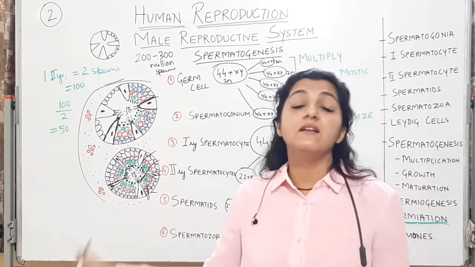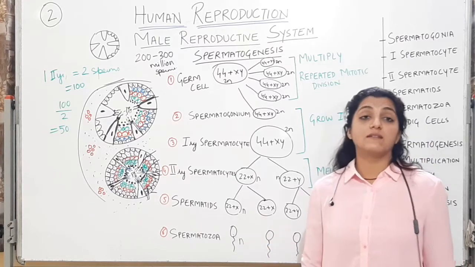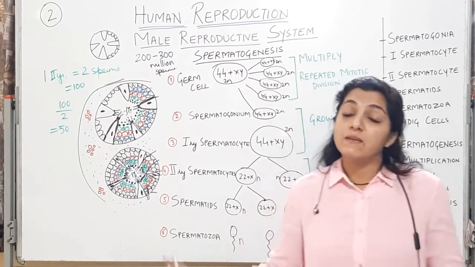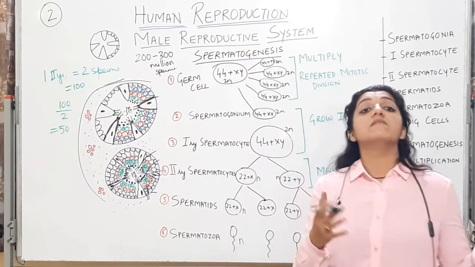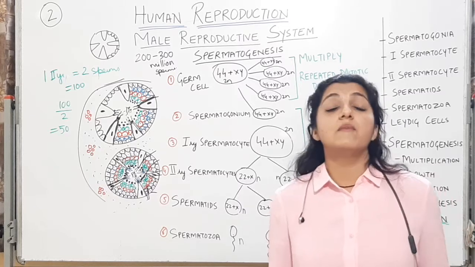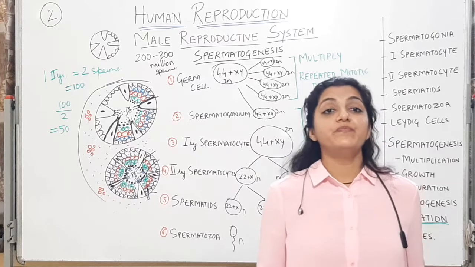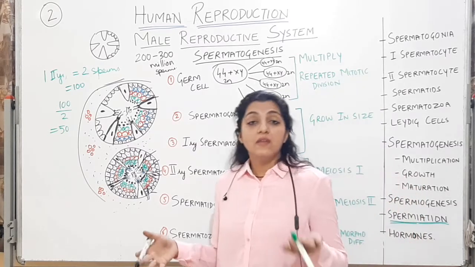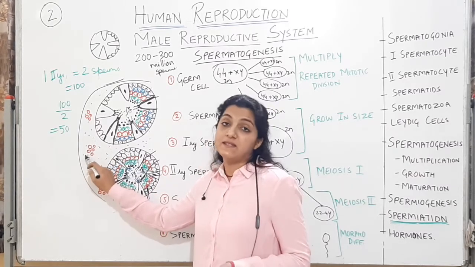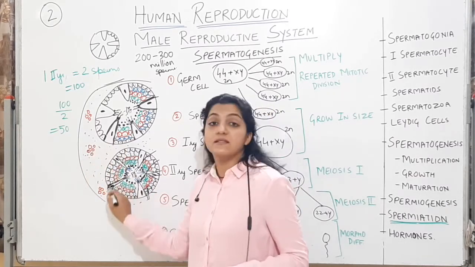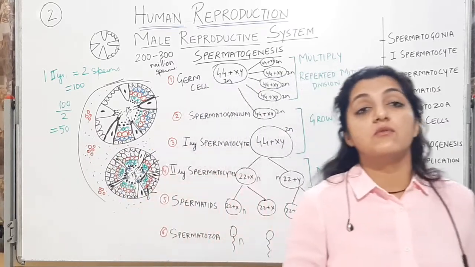You see the structure of this sperm in detail, and what its shape and size are after differentiation. All this is going to happen at the onset of puberty. From the onset of puberty, when the male sex hormone has come into the picture, a male can produce sperm. And the male sex hormone, testosterone, is mainly produced by the interstitial cells or the Leydig cells, which are the intertubular cells. These cells are present between 2-3 tubules, which is why they are called intertubular.